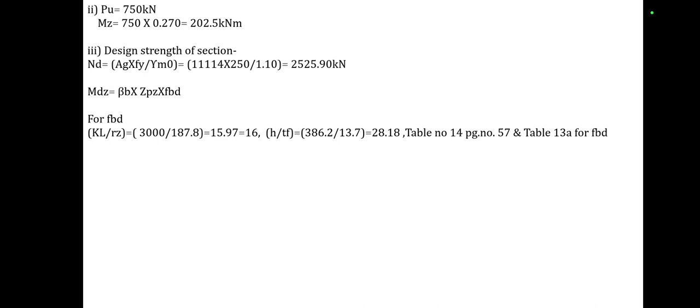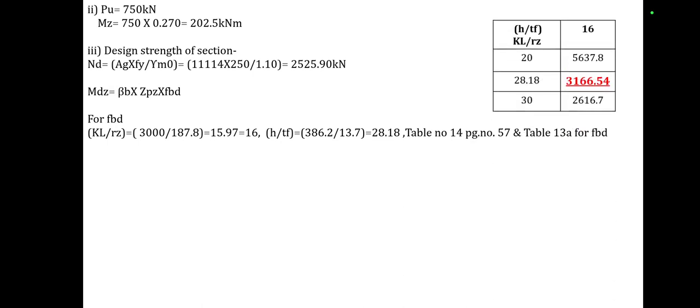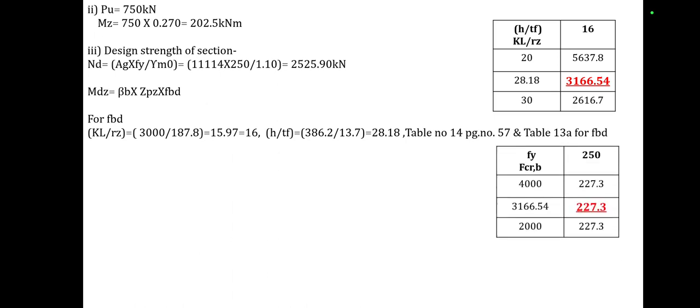Then from table number 14, page number 57 and table number 13A for fbd, TF, that is KL upon RZ, these values are shown, and by using the interpolation we get the value as